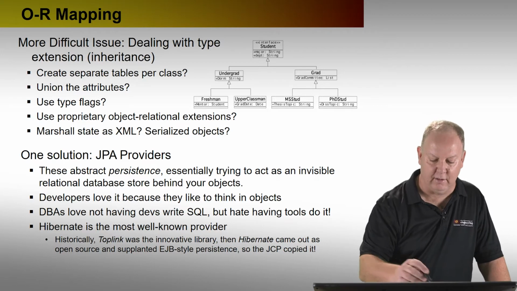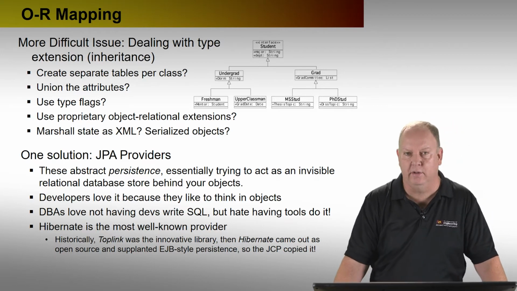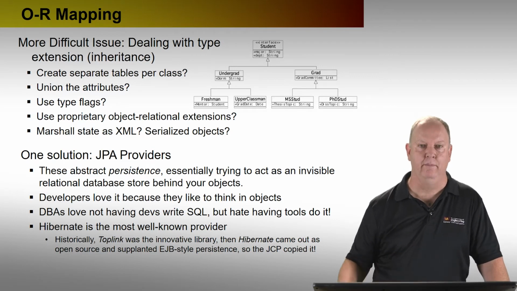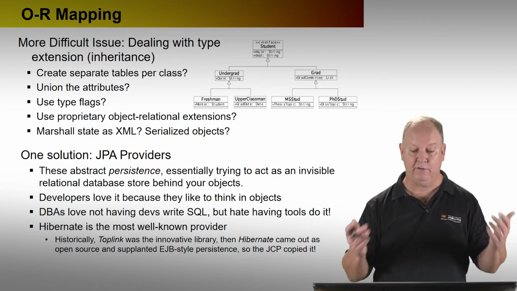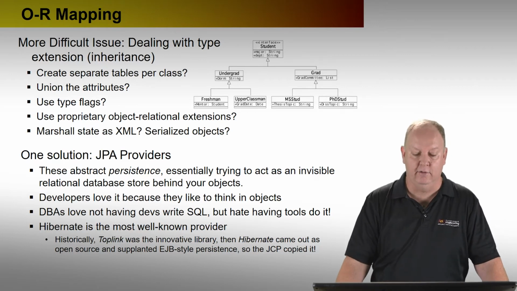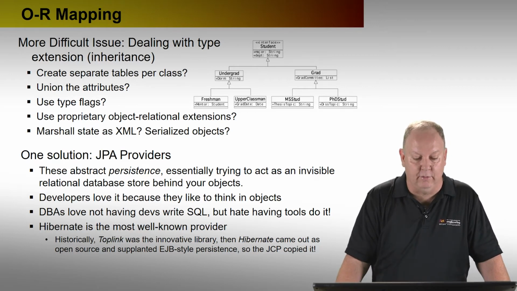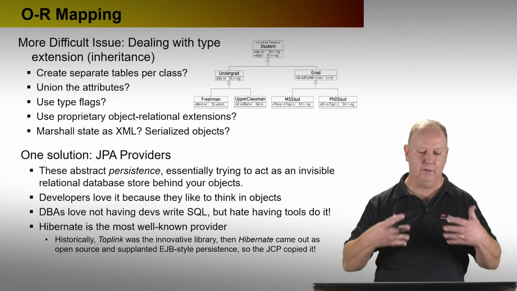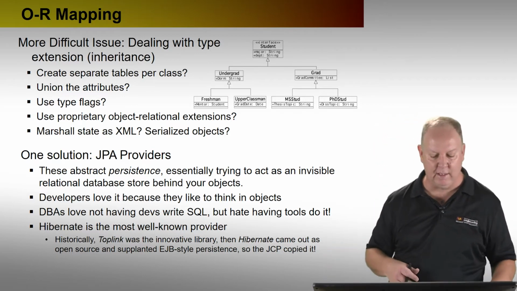What if I just said, I'm just going to marshal the whole state in XML or serialized objects or JSON or something like that, which means I'll pull a student out as a document effectively and then parse that document to find out if they're an undergraduate and a freshman and so forth? There are expenses obviously associated with that as well. So we have alternatives, we have techniques, but none of them are clean because we deal with this impedance mismatch, the difference between the data models.